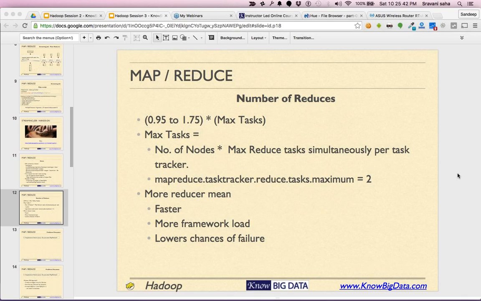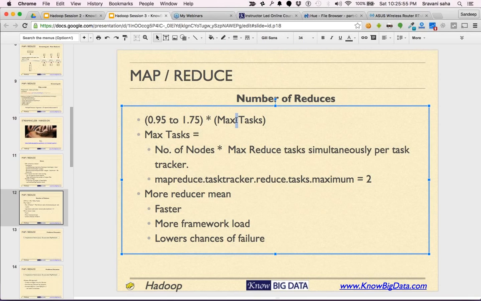The clever way is to find it out by experimentation, but it's always good to have a safe starting point. The first thing you need to do is find out how many maximum tasks your cluster can execute parallelly.